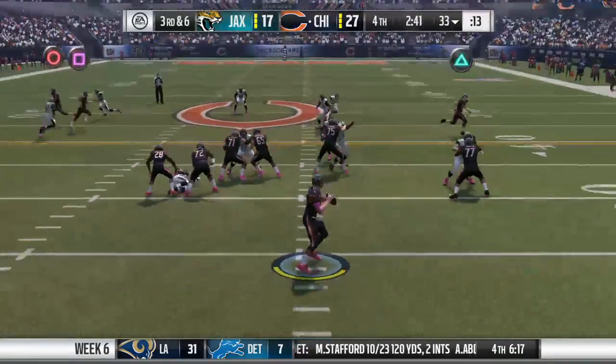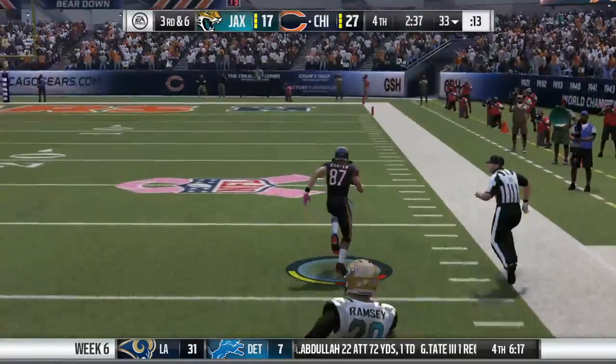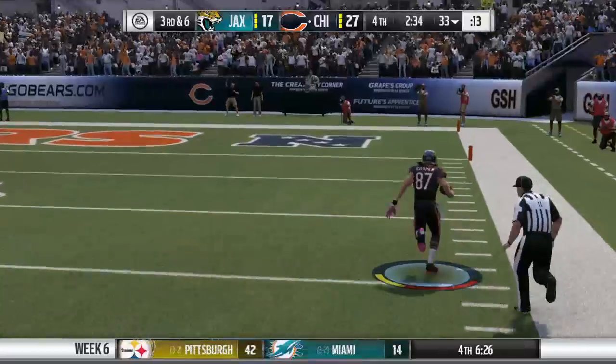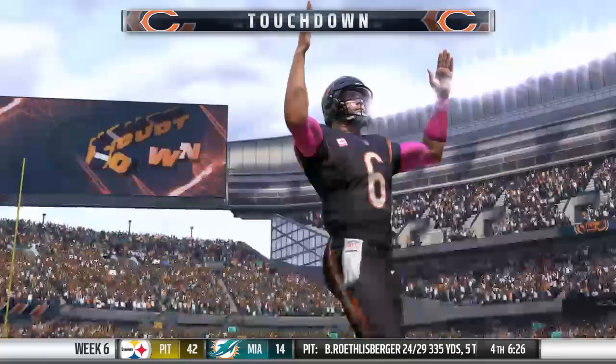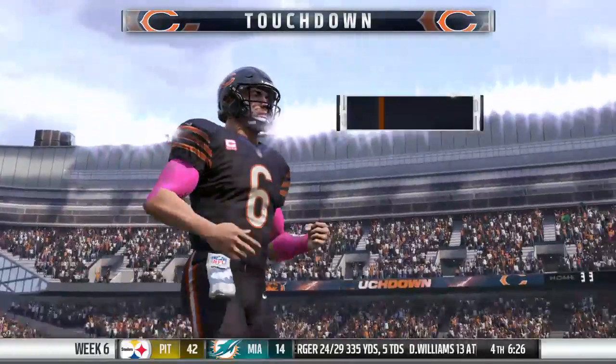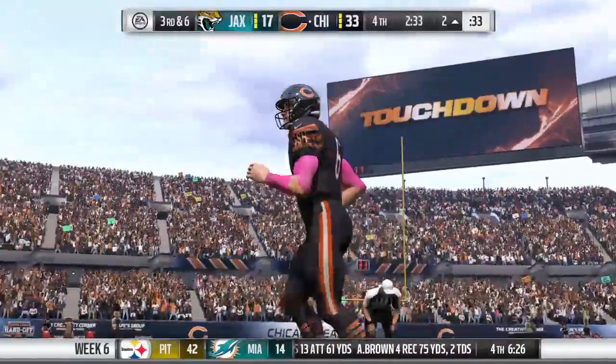Play action. It's Cutler. And he'll have his man. That's Cooper. And he's into the clear. Touchdown, Chicago. Riley Cooper, his 3rd touchdown now on the year. And the Bears will